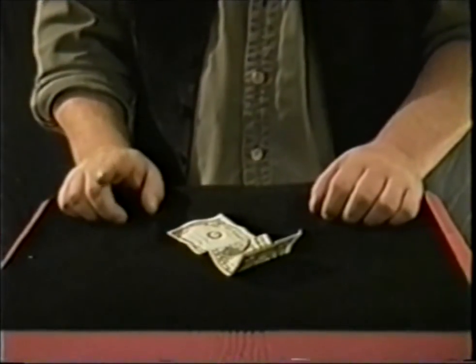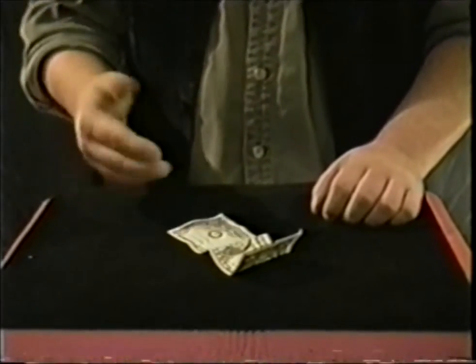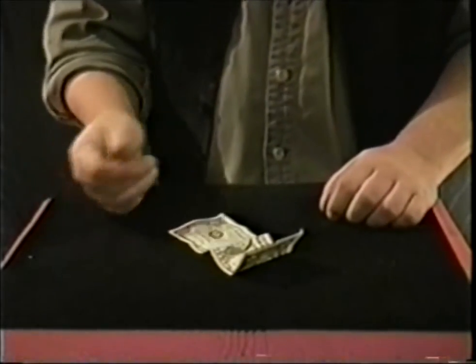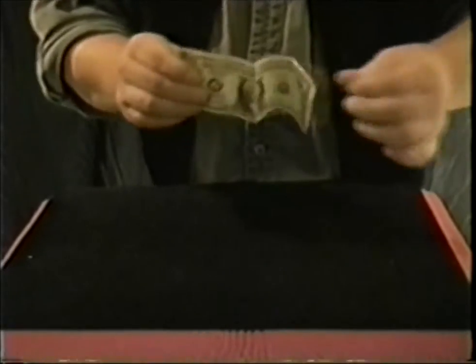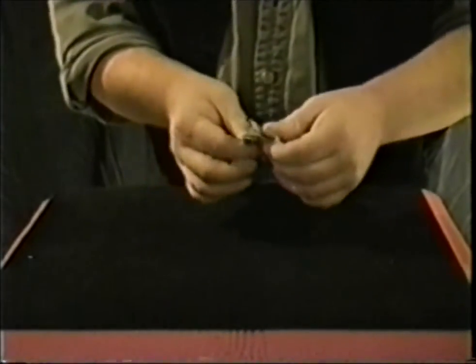It's actually a very simple trick, but if you put a little bit of imagination behind it, you can do what you're about to see right now. You start out very cleanly by showing a dollar bill that's on the table. You could show both sides. You show your hands completely empty. You fold the bill in half once and in half